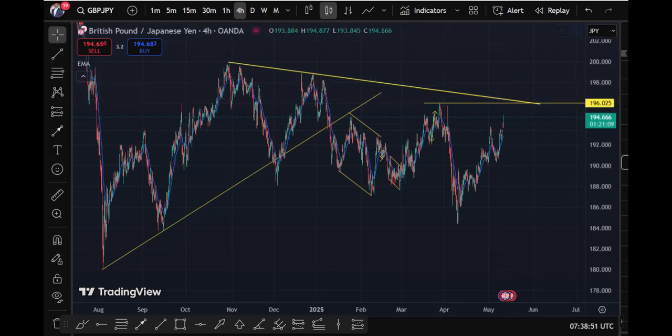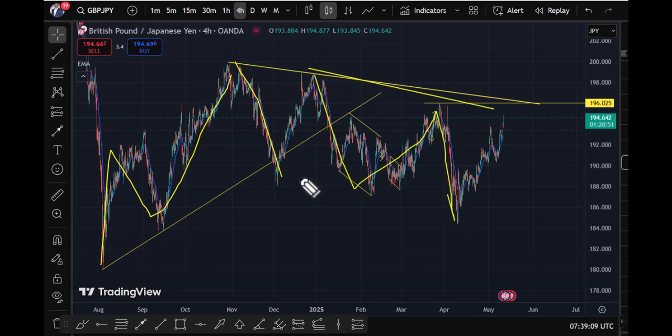On the pound yen, guys, what you can see here is more like a complex structure. We have this 3-wave move up here. The market is giving us this complex structure, impulse down. So I'm seeing this to be a more complex structure, like a B wave before the market drops. This is what I'm saying. So we'll be more interested in selling this for a long time when the market completes this move.